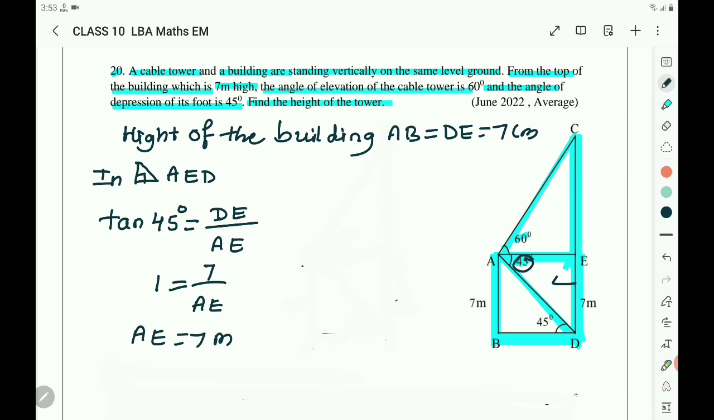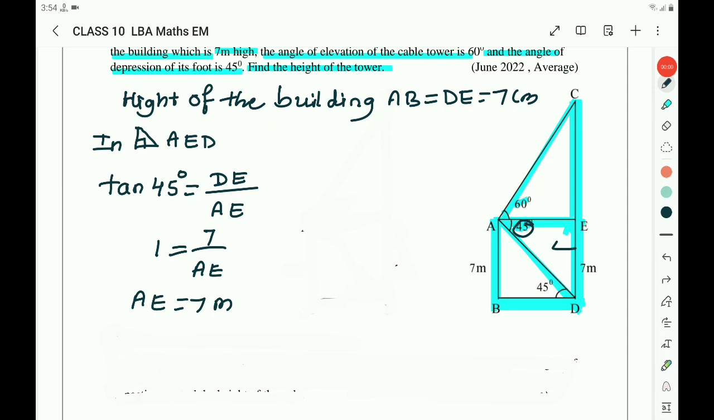To get the height of the tower, find CE. Which triangle do we have to use? We have to use the triangle AEC. Here angle AEC is right angle. In the right angle triangle AEC,